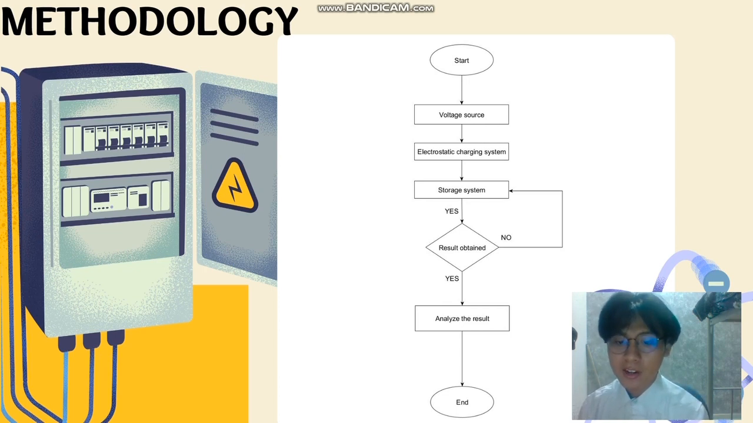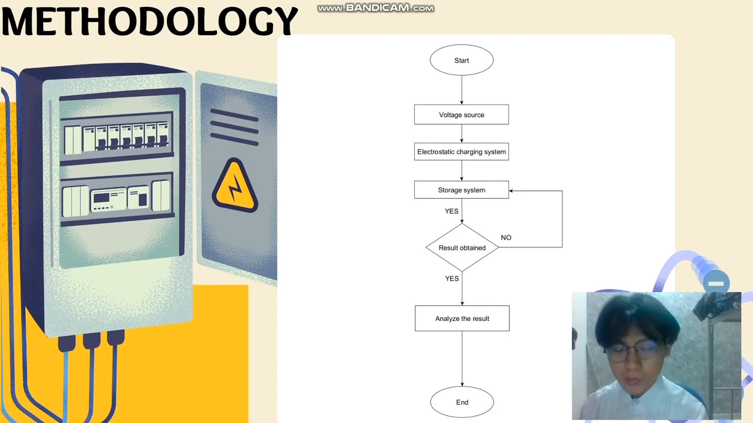Next, the result obtained. For the result, we obtained it by indicating whether the tissue paper attracts or repels from the can. So basically the tissue will repel from the can. That is the result for our project. And then we analyze the result. Finally, the result is